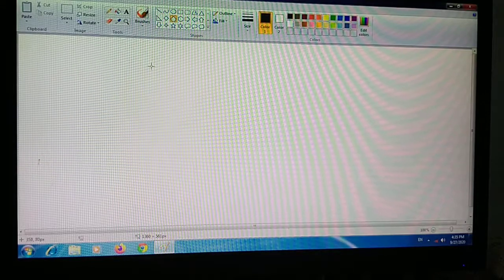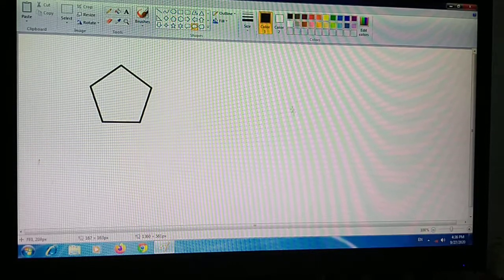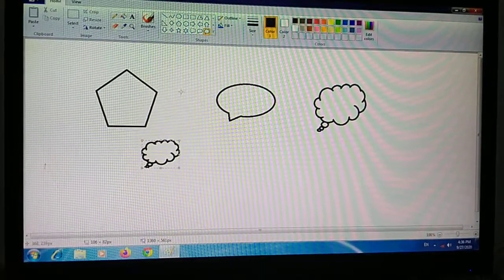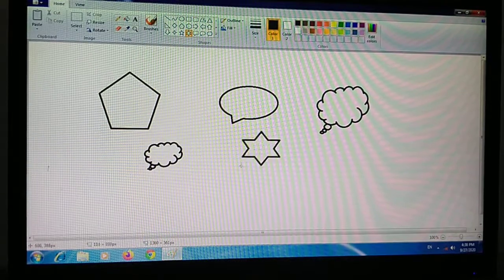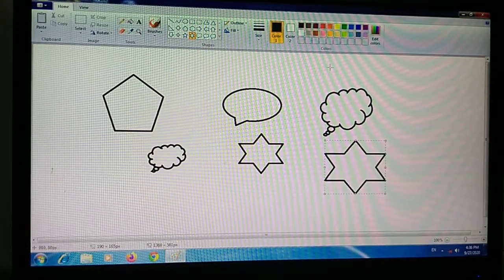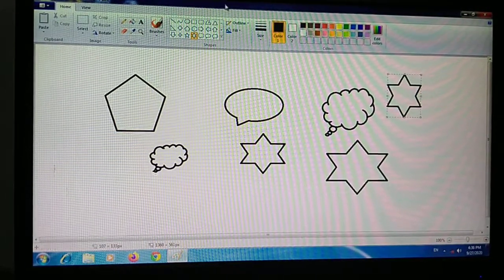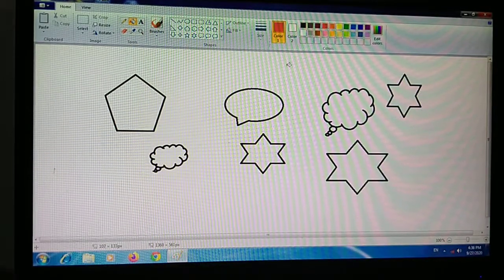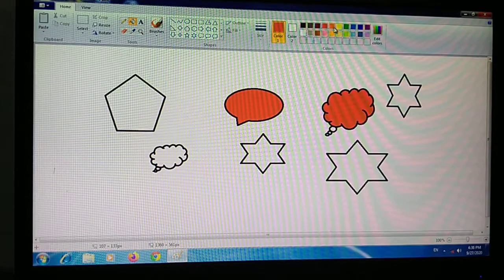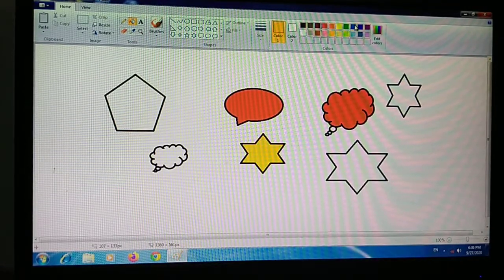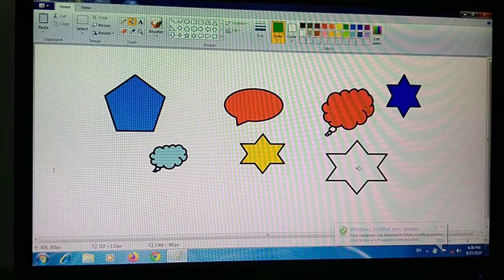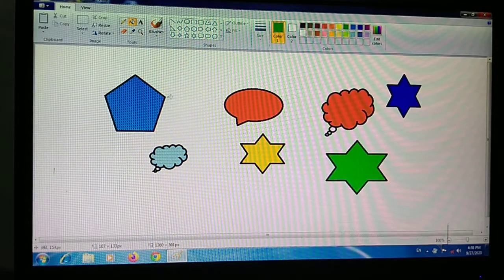Here you can see I am making a picture one by one. Okay, this is your picture. These are the pictures I am making here. You can see the pictures are in front of you, and let us color the picture. You have to choose this one. After that, choose a color one by one. Okay, this is the way you can choose a color.